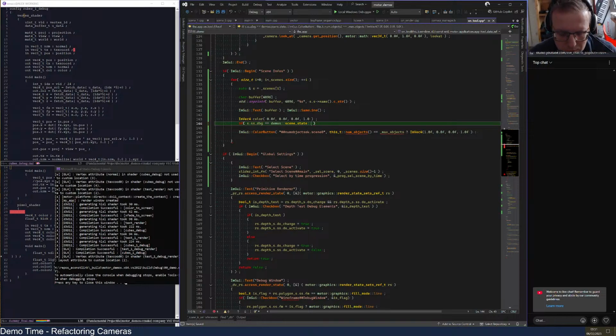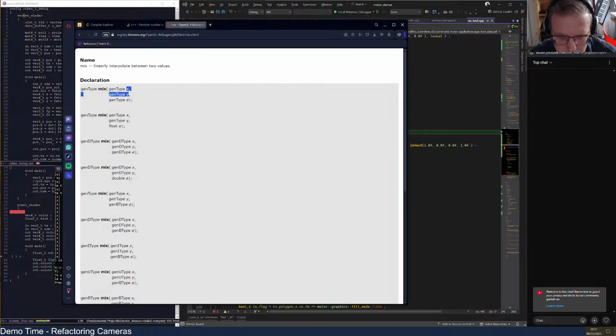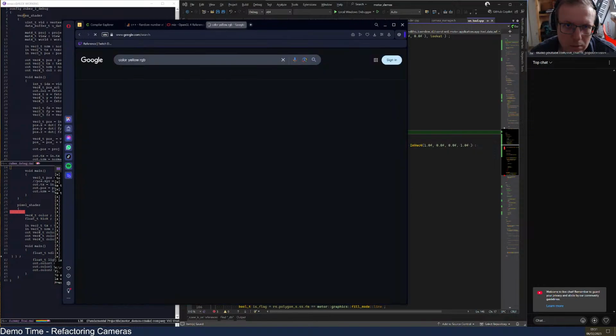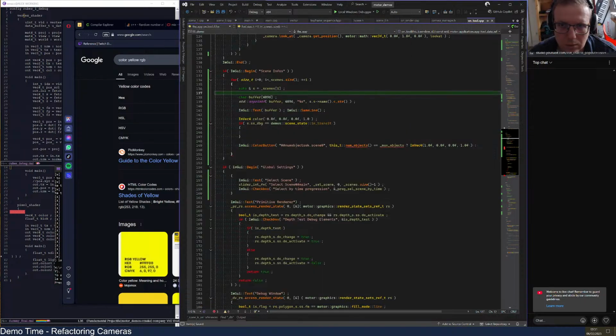In transit. In transit. So I think I make that yellow. So if that is in transit, then I make